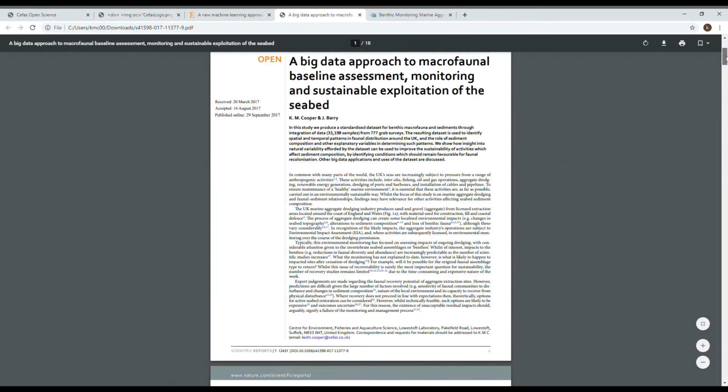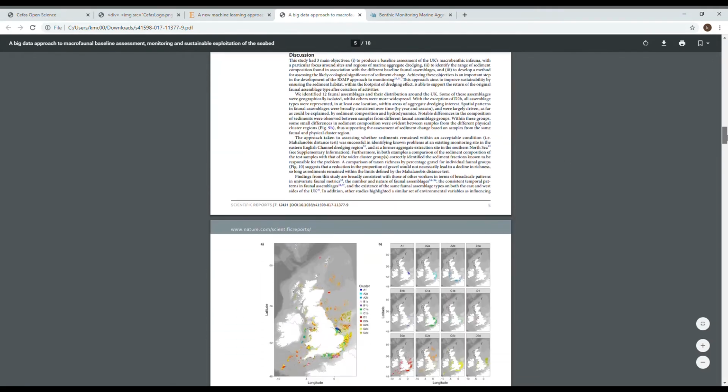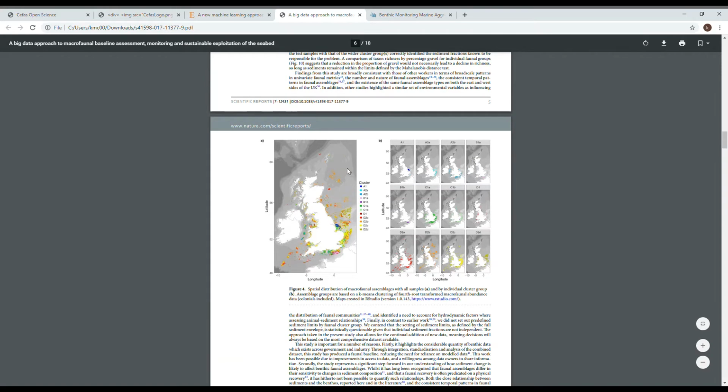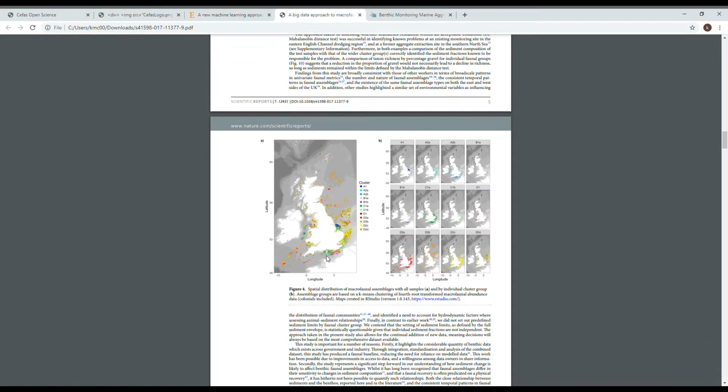And if we scroll down to figure 4, you'll see a map of the UK, lots of coloured dots. These are places where grab and core samples have been collected for macrofauna, and we've undertaken a clustering of those data using k-means and identified 12 different groups, and those 12 groups are represented by different colors. So the app that we're looking at is designed to match new data, so for new samples, to these 12